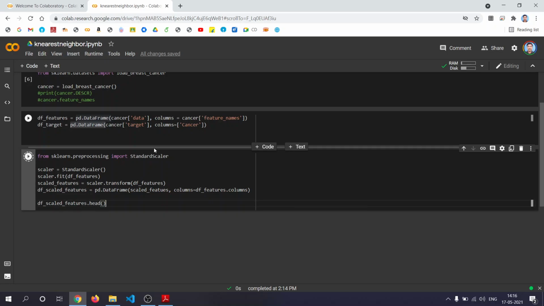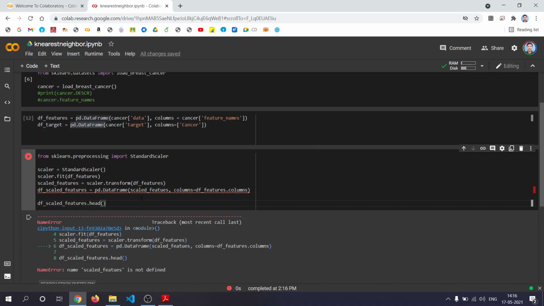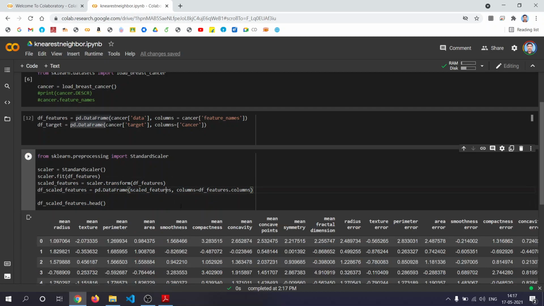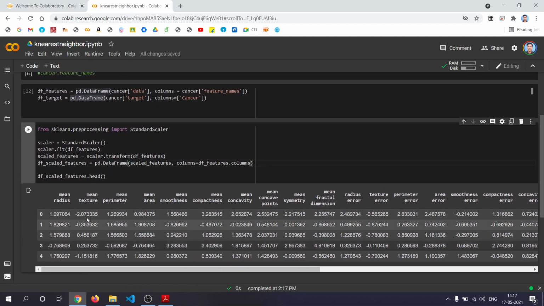What is the value? You check the scaled features. See, now all these values have been scaled using the standard scaler. Previously all these values were in different ranges. Now all the values will be in the standard scaled range, meaning that it contains zero mean. So mean will be 0 and variance will be 1. That is the meaning of standard scaling, isn't it?